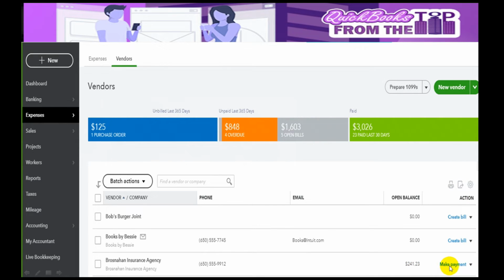We can make a payment for a bill that's owed to our insurance agency. So it's showing me that I have some open bills here, and then the last 23 paid bills that came up to the $3,000. So in here is where you would add your vendors, track your 1099s,